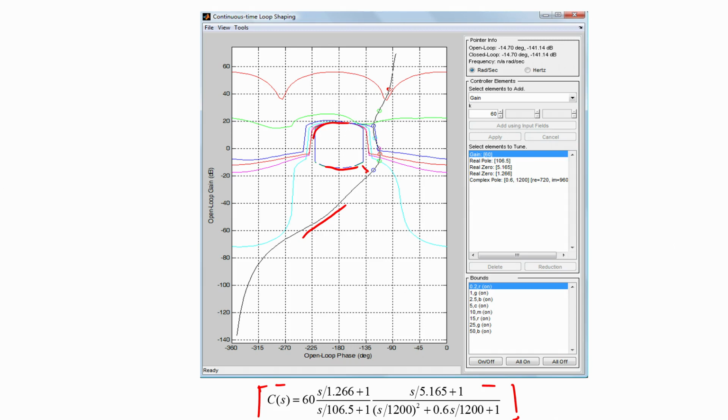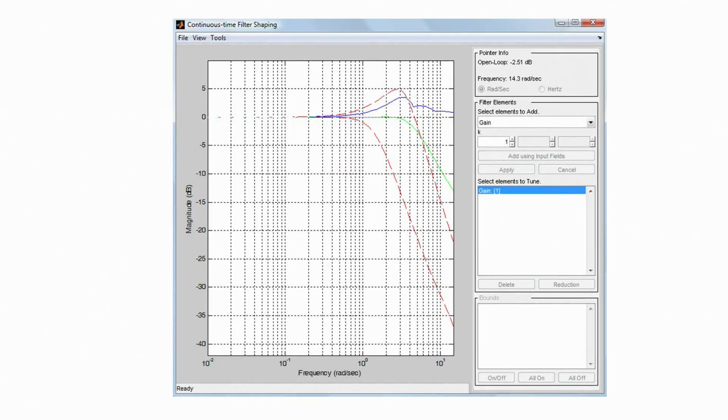But we are not yet done with the pre-filter design. So at the moment our pre-filter is F equal to 1, because we have not yet started with the design of the pre-filter, and the software QFT toolbox also allows us to design the pre-filter. So when the pre-filter F is equal to 1, the software plots T upper and T lower. So that is plotted by the blue curve here, which this is T upper and this is T lower.